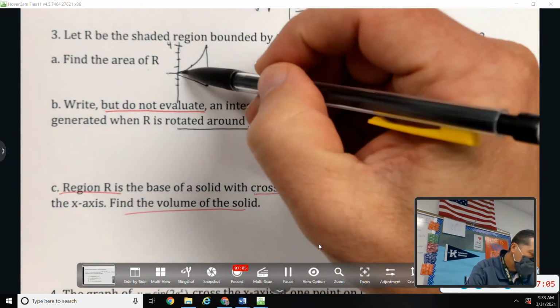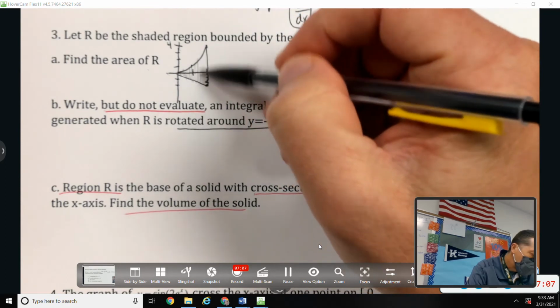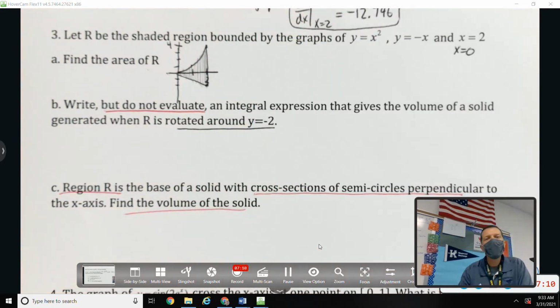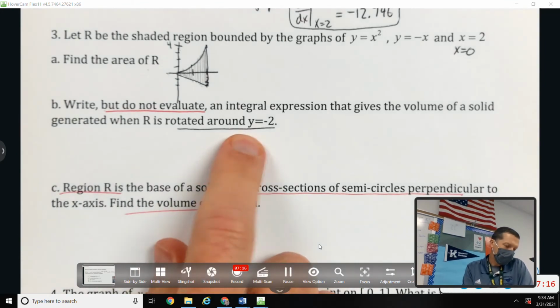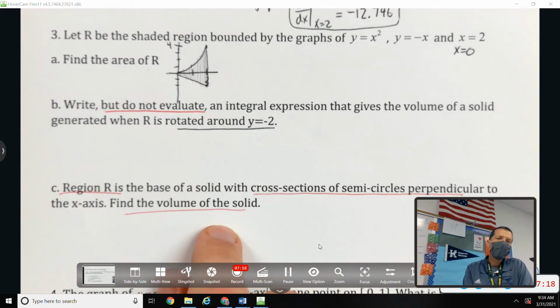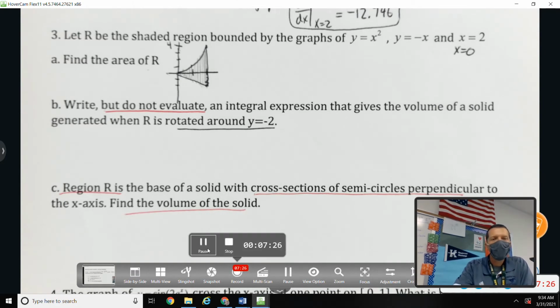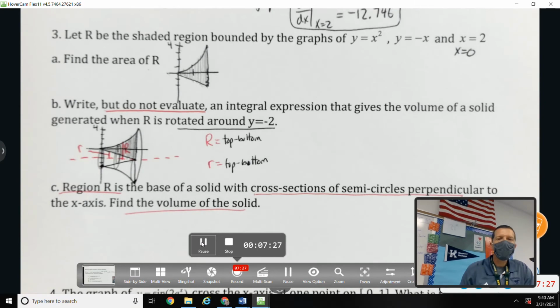So there's the job: part A is to find that area. Part B is rotate that around y equals negative 2. And part C is build semicircles off of that coming up out of the page. So for part A,